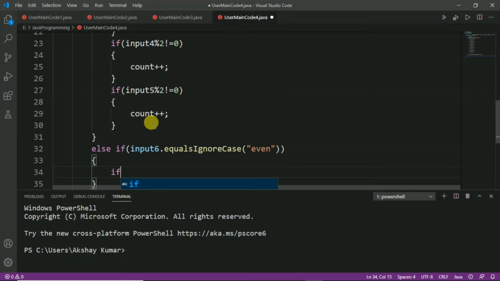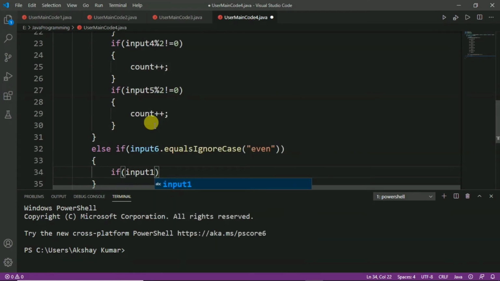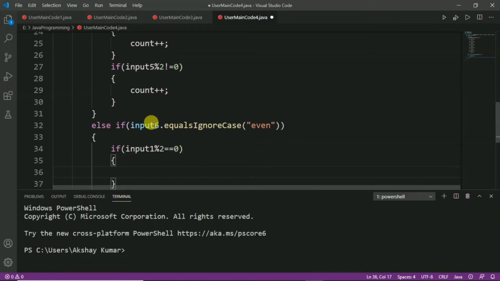Now we will write the condition for even numbers. So, we write input1 % 2 == 0, then we will increment the count, and we have to apply this for all the 5 input parameters.